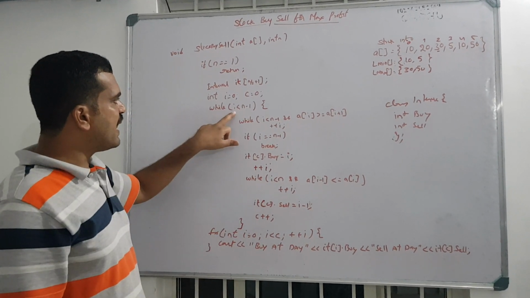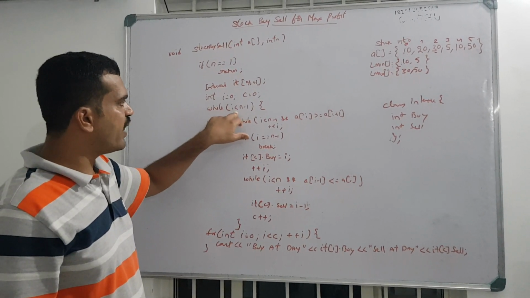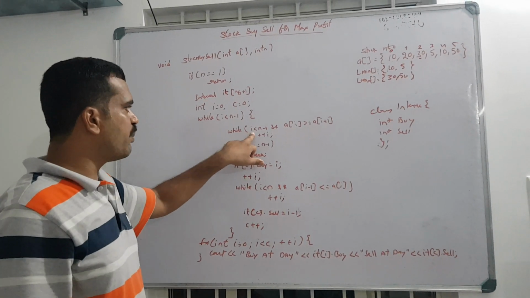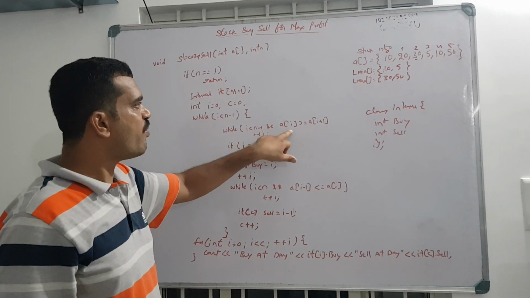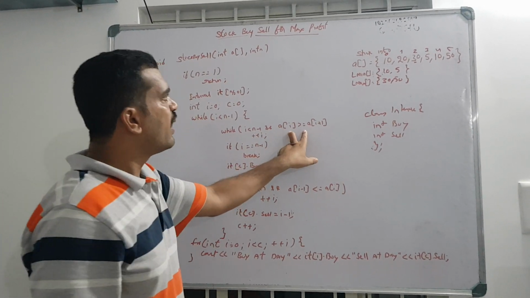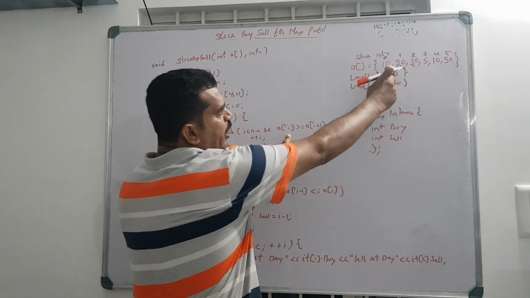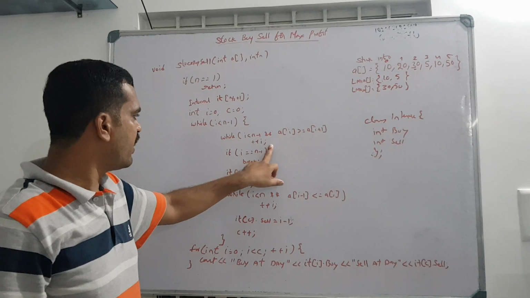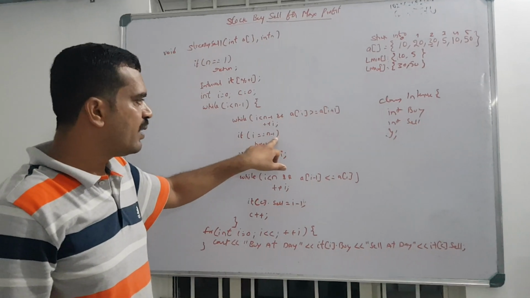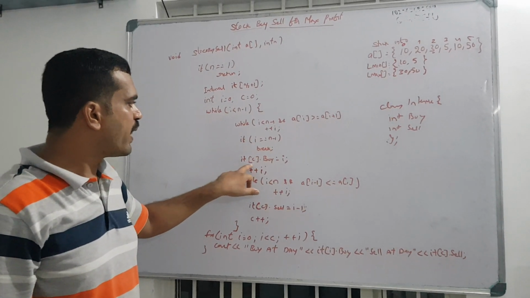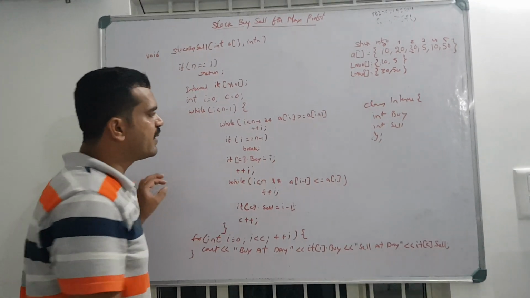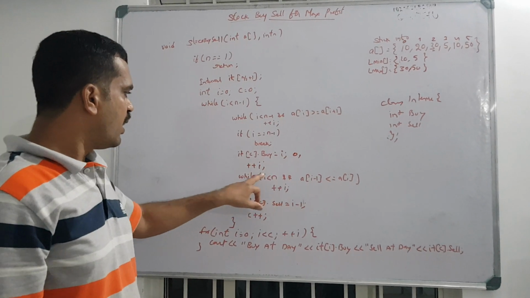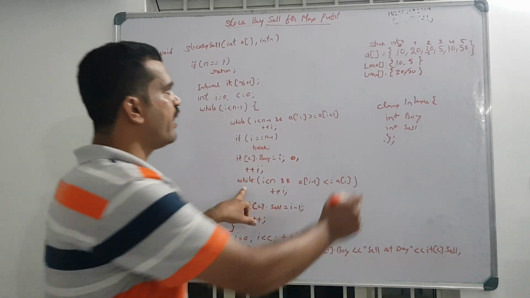So now i is equal to 0, i is less than n minus 1. We will just process that input. i is less than n minus 1 and a of 1 is greater than or equal to a of 0, 20 >= 10? No, it is less actually. That's why no need to do any increment here. So i is not equal to n minus 1. So you can buy the shares at 0th position, currently 0th day, and increment it. Now i will be pointing here.